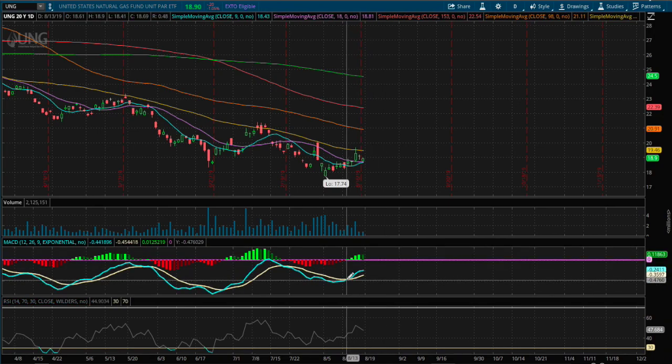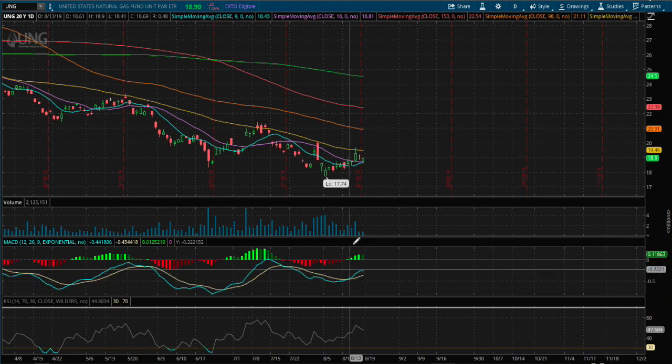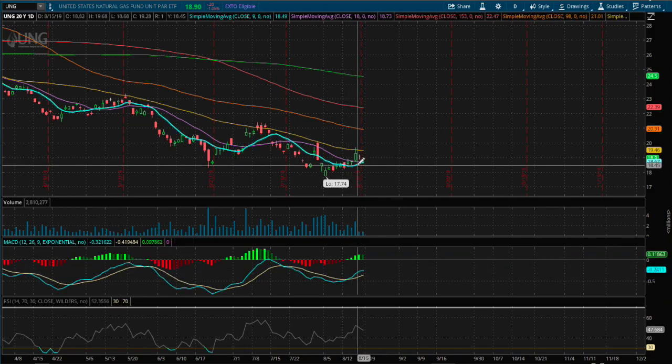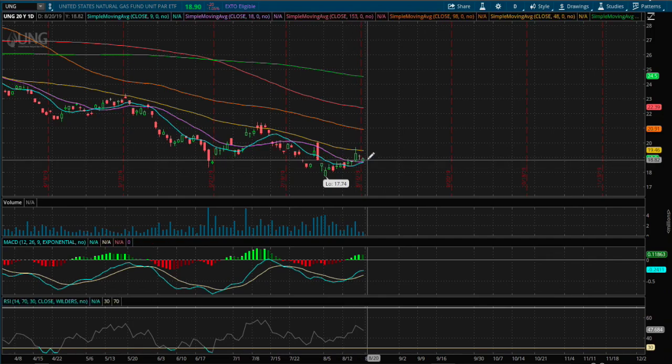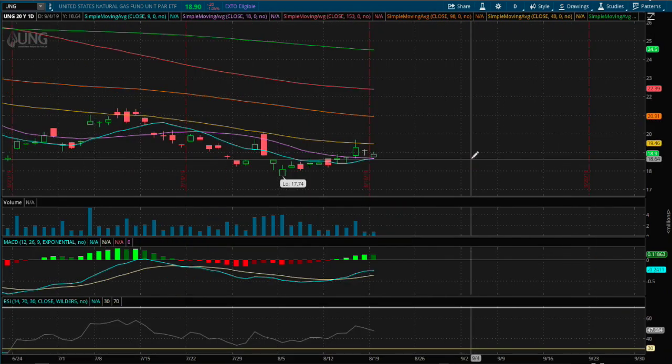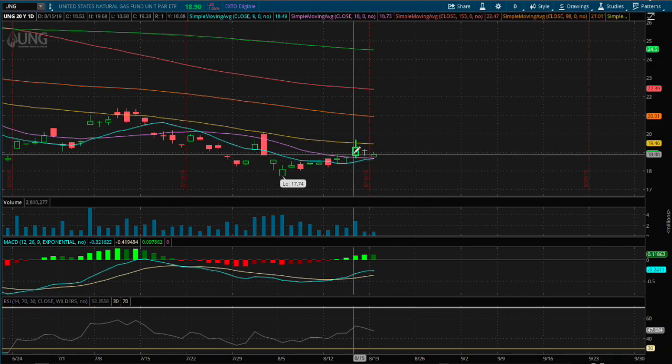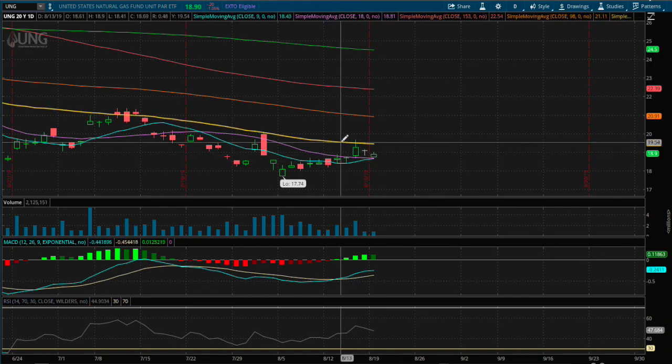daily MACD starting to converge last week, and we also have the 9-day moving average and 18-day moving average converging, and we have a good possibility we may break out higher on the 50-day moving average. We may see that price action this week, so that is at the price of